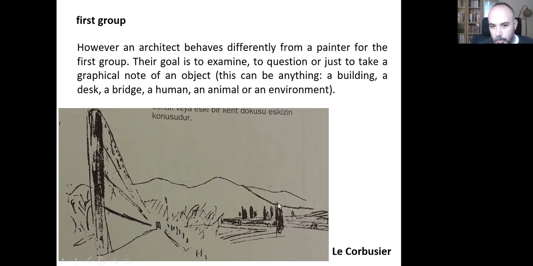And when we examine this sketch, it's a bit vague. I cannot say that it is exactly this place. I understand that it looks like a scene from a natural environment, like these look like mountains, and maybe these can be trees, and probably there is a fence. Maybe this is a farm, but I cannot be sure